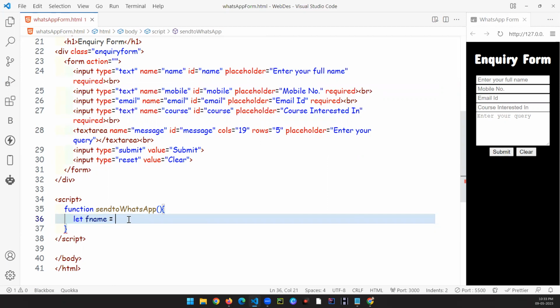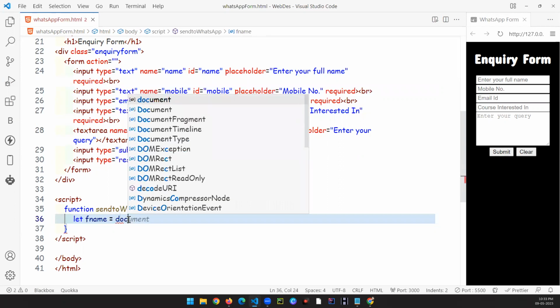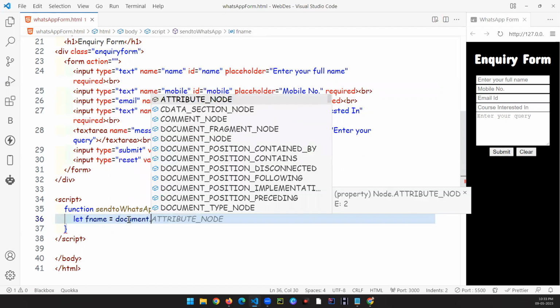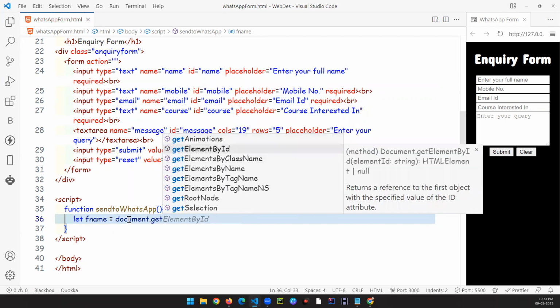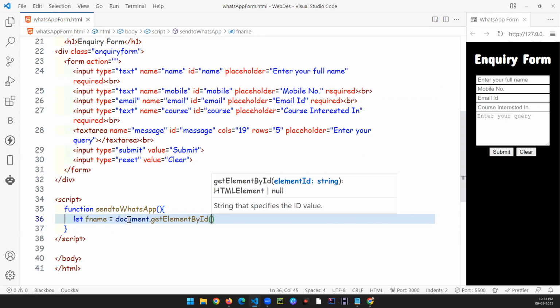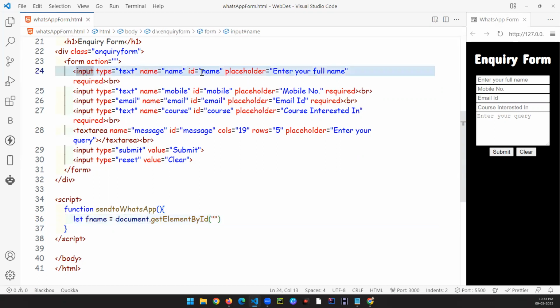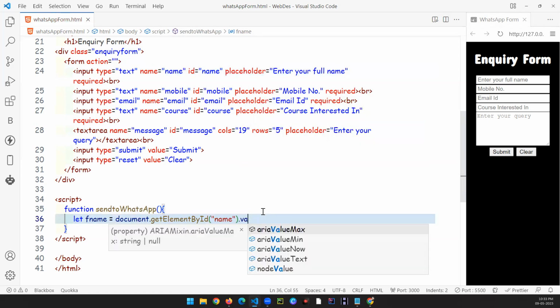Okay, so we are asking, hey JavaScript, from this particular document please target an element. Okay, get an element whose id is what? Id is this one, name. Id is name. Okay, and capture the value from that id,